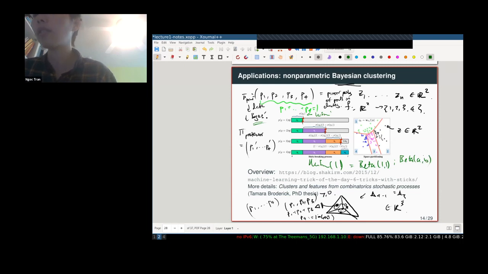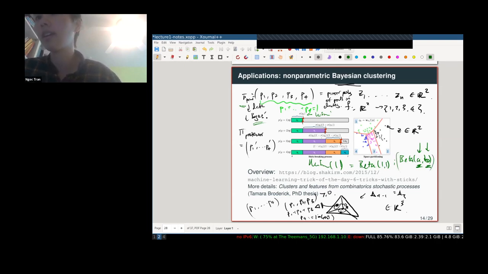So now you have what are called hyperparameters, A and B. In running this clustering process, you initially choose A and B, and that gives me a distribution of random sticks, which then gives me a distribution over the simplex. Then I run this process with this prior, and the updates worked really well,